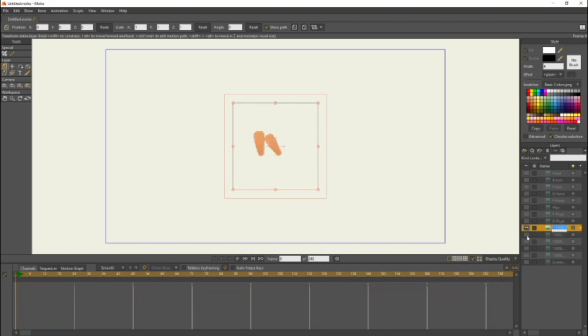This is, I think, the back forearm. So we're gonna name this B forearm. Next one is front forearm. Front forearm.